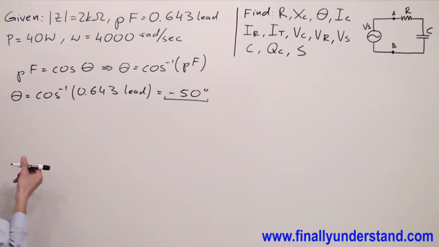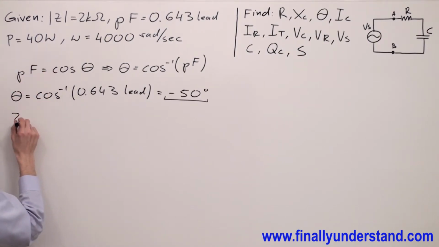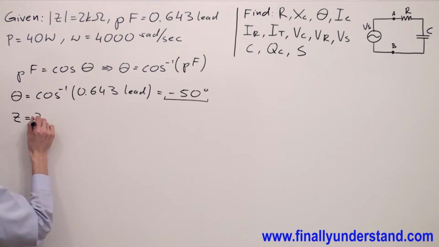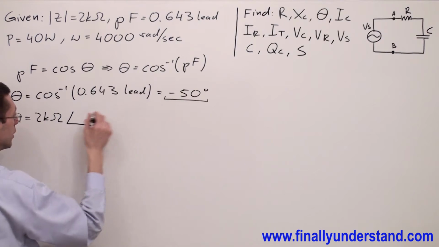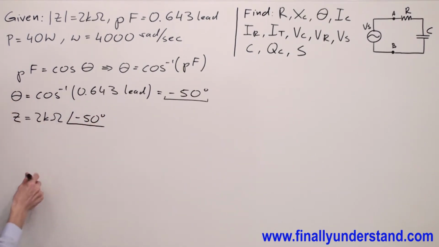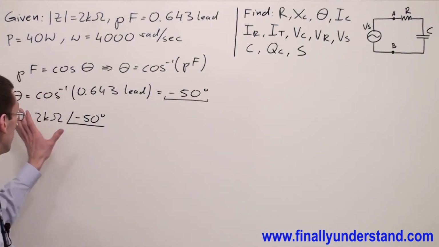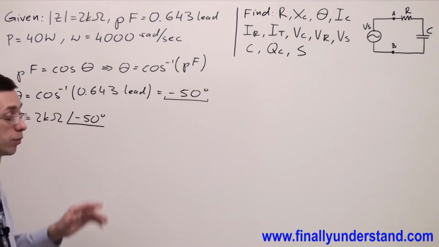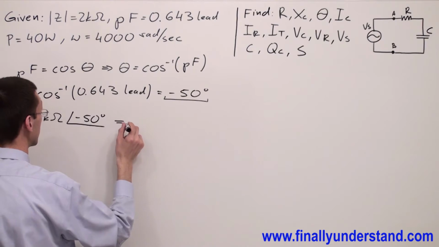Next, we're supposed to realize that we have been given Z. So Z is equal to 2 kiloohms, angle negative 50 degrees. This is the complete value of my Z total. If you use the calculator right now and convert the polar form of this complex number to rectangular form, you're supposed to obtain